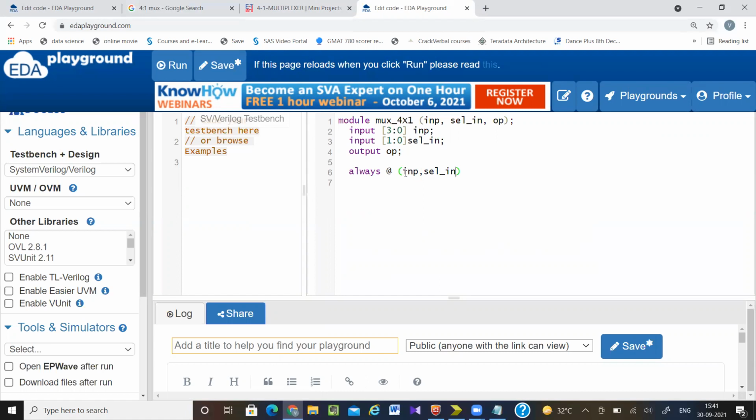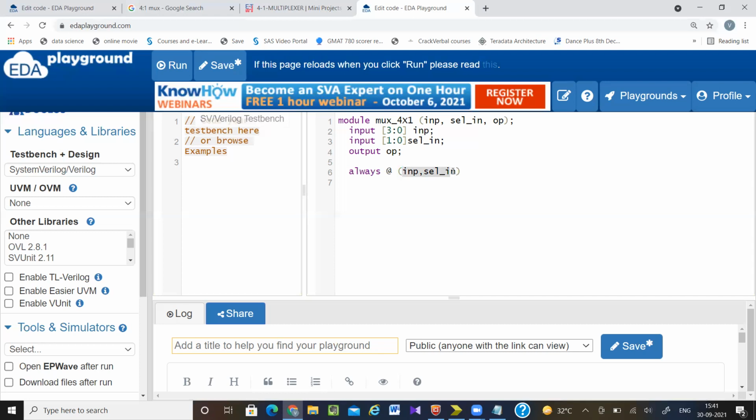So whenever you are designing a combinational circuit, always check this part: whether you are mentioning all the sensitivity list parameters. If you are missing any one, what will happen? Synthesis-wise, it will not create any problem, because the synthesis tool does not care what you write here. It will just check your code and synthesize the circuit accordingly. But the simulation tool will check whatever you write in the sensitivity list. So in synthesis you will get some result, in simulation you will get some other result. Your synthesis and simulation results will not match.